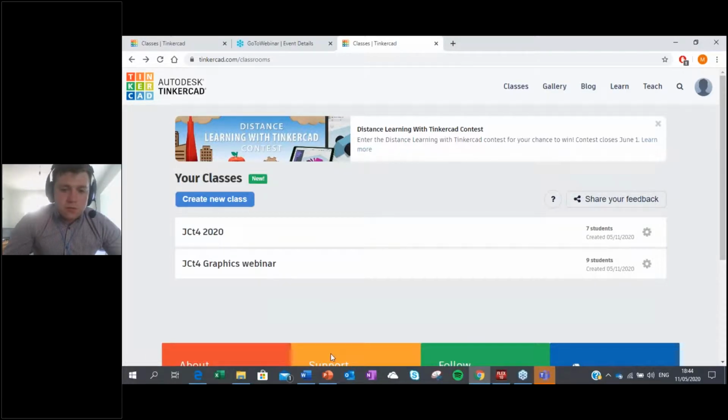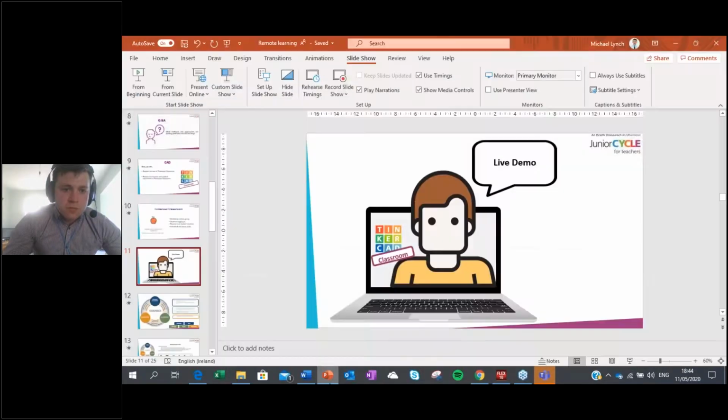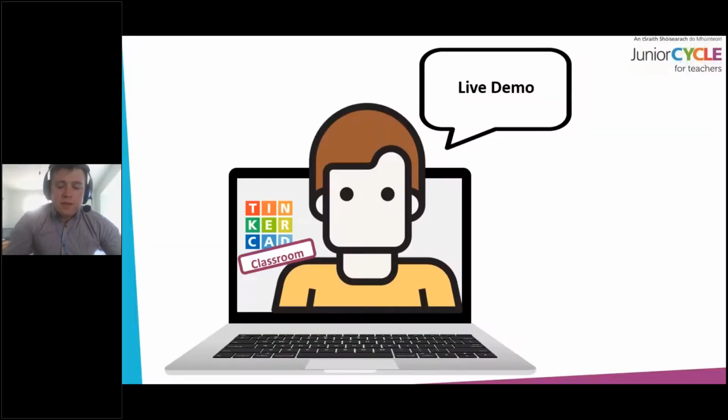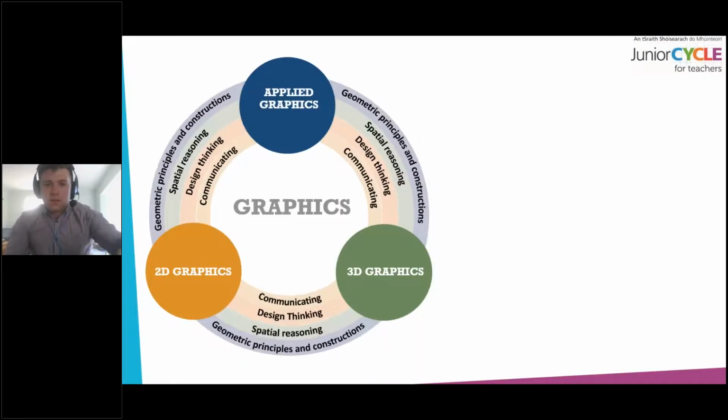Before I do, I'm just going to go back to my PowerPoint presentation, and we're going to go through a little activity that we've set up for this evening. In your handouts tab, if you open that using your orange button, you'll find a handout to do with a Tinkercad engagement. On that, we've just set up a little activity,